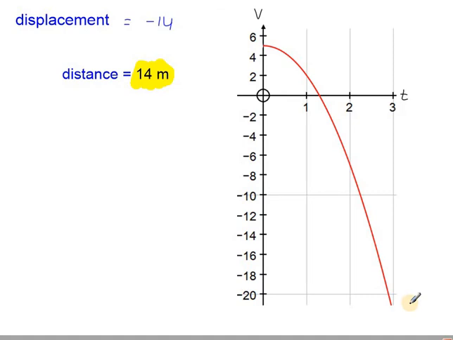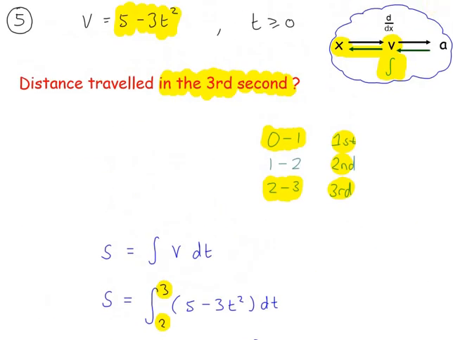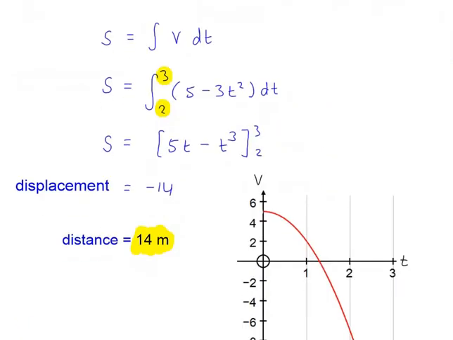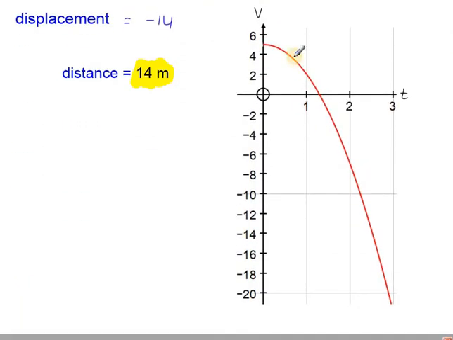Here is the velocity time graph. The equation of this graph was given here. v is equal to 5 minus 3t squared. And we can see velocity is positive to begin with, and then the object changes direction and velocity becomes negative. And between t equals 2 and t equals 3,